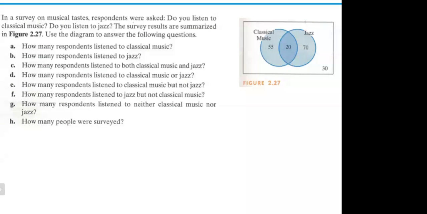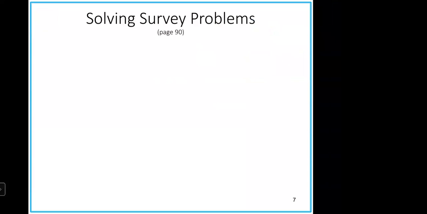And then Miss Fernanda, the last two, G and H. G is 30. H is 175. Okay, thank you very much. Very good, all of you. Okay then, I'm going to move back then to